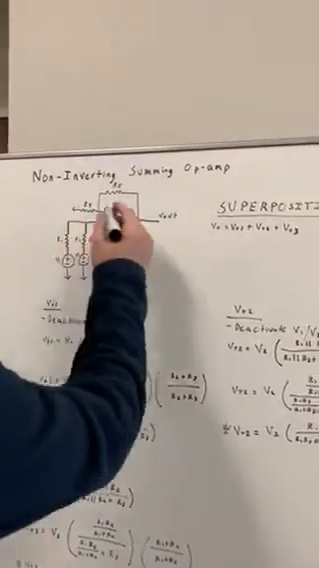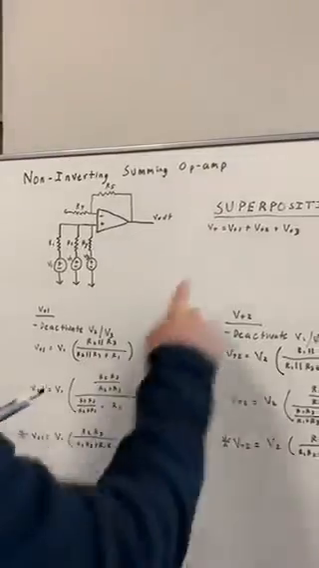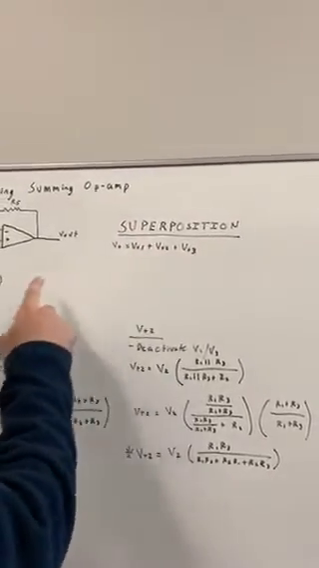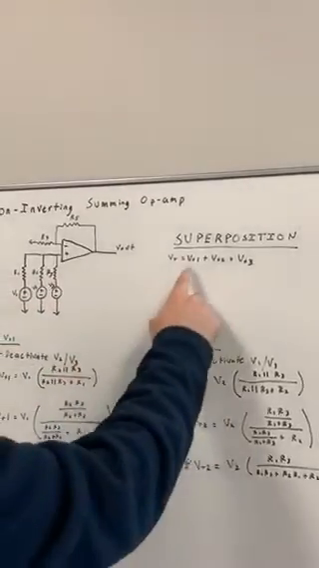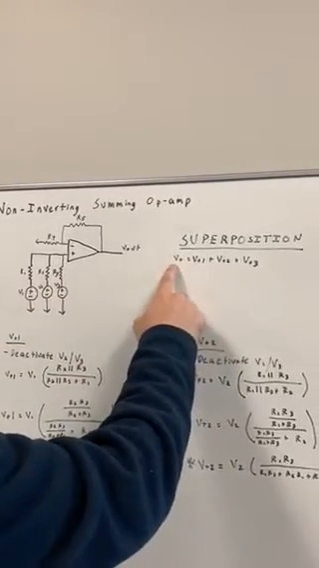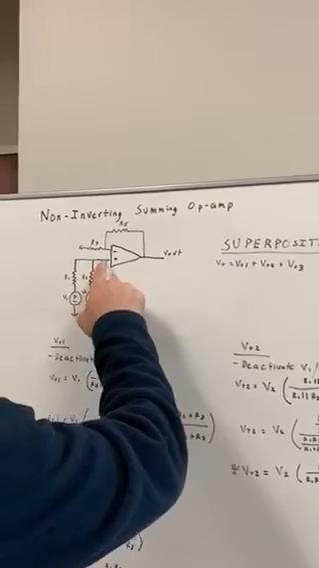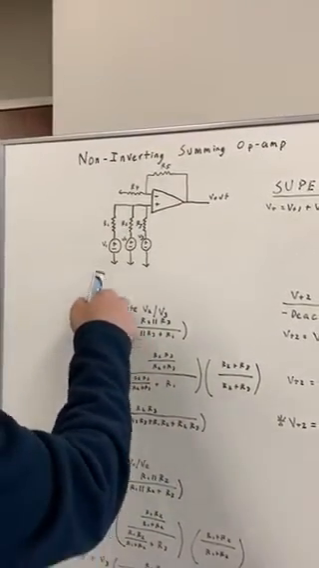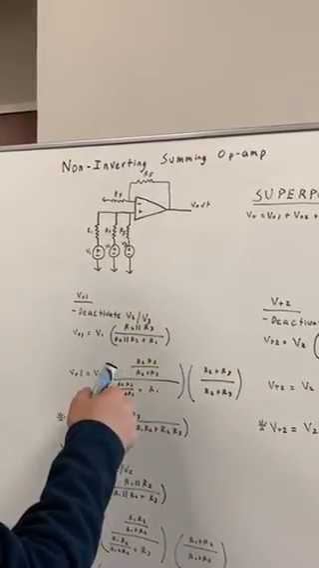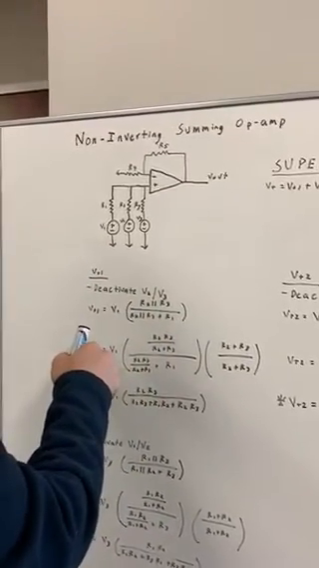To solve the non-inverting summing op-amp, we are going to use superposition to find the voltages at V positive 1, V positive 2, and V positive 3. And you add these three up to find V positive, which is the voltage at the positive terminal. To find V positive 1, we deactivate V2 and V3 and use the voltage divider equation, which gives us V